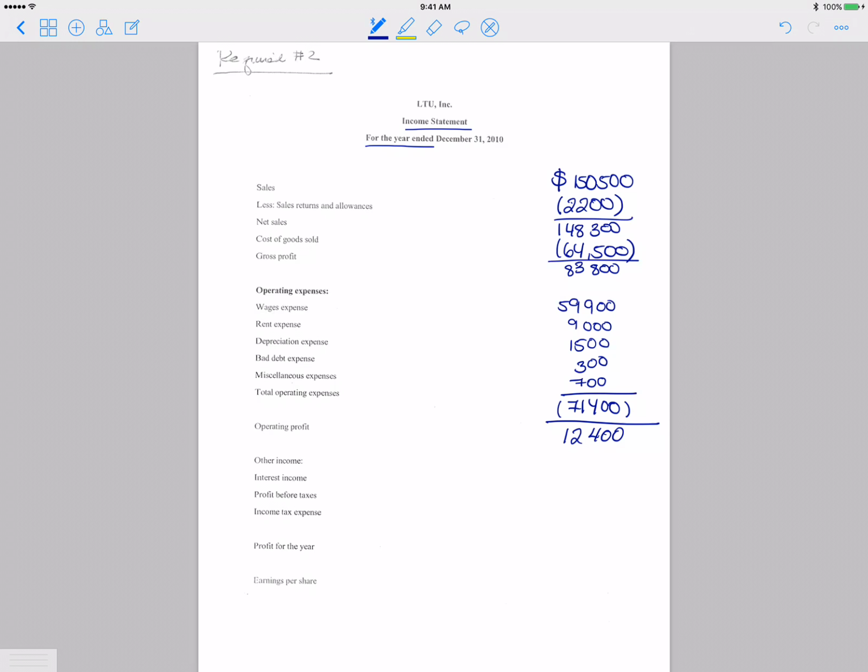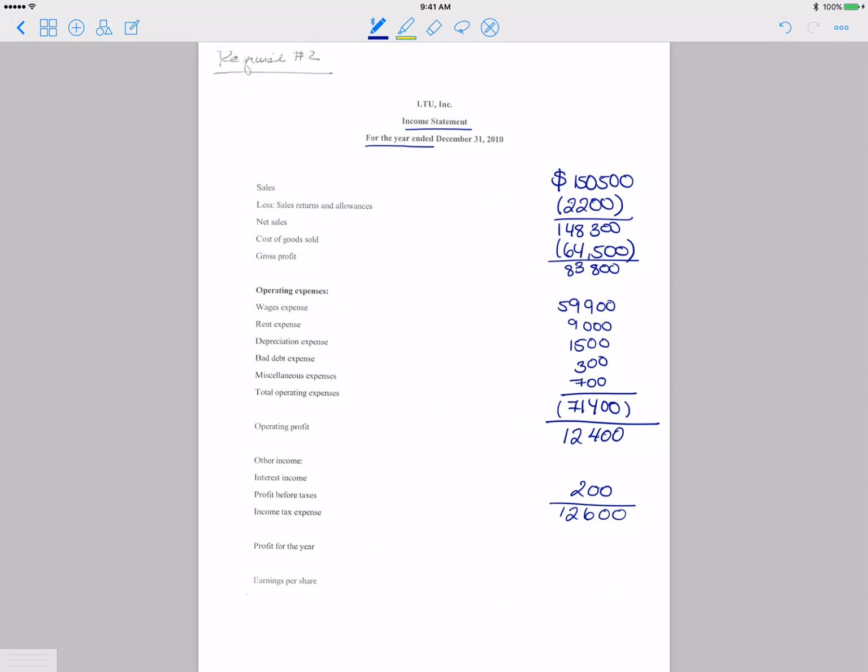Now, interest income does not go into this account, and therefore it needs to go into other income. So as you can see here, there are certain incomes and revenues that will go into other incomes and other revenues and expenses. So interest income is one of them. Interest income is a revenue, so it's going to be added to our total, giving us a profit before taxes,